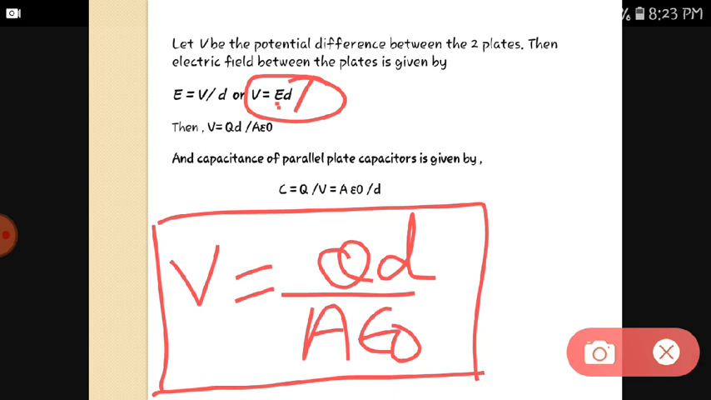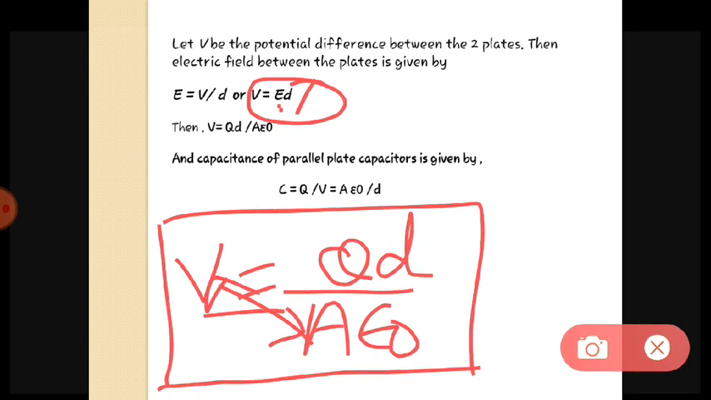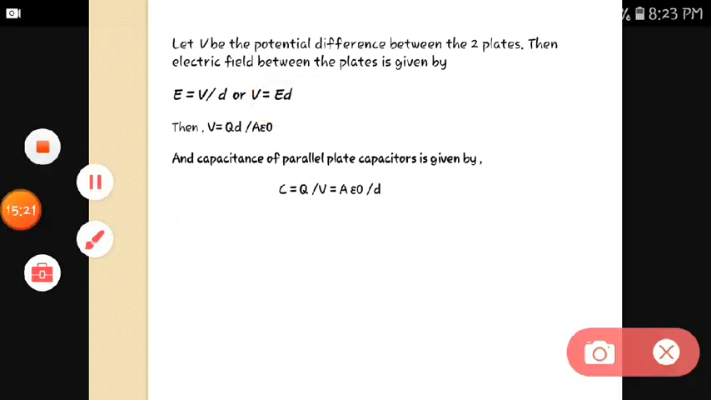Now, just now I said, what is the value for C? It is Q by V. By shuffling this, we can find out Q by V. What is Q by V? This will go here and V will come here. So what will you get? You will get,